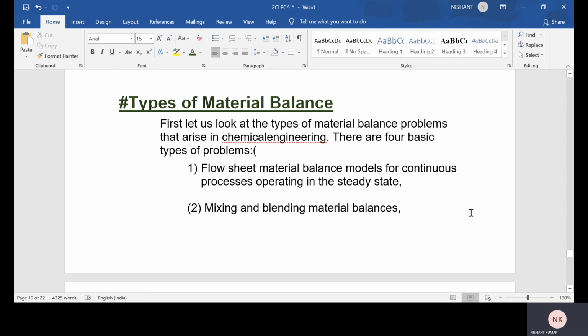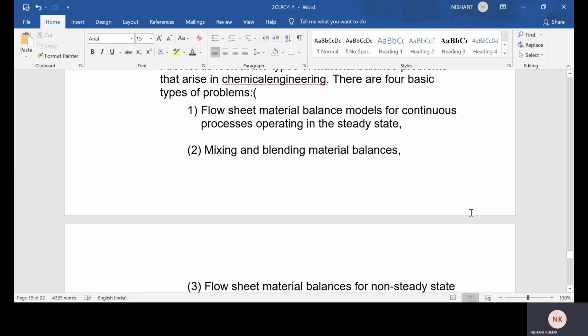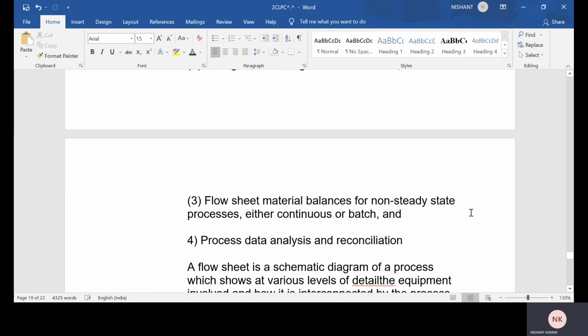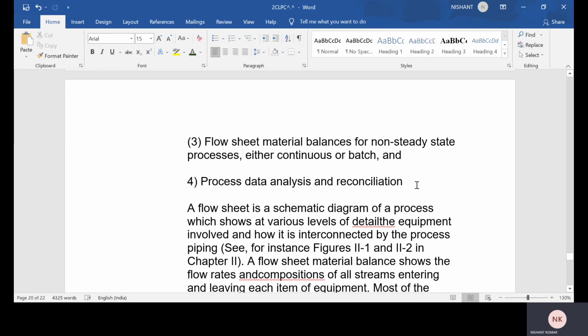The first is flow sheet material balance, a model for continuous process operation in the steady state. The second is mixing and blending material balance. The third is flow sheet material balance for non-steady state processes, either continuous or batch. And the fourth is process data analysis and